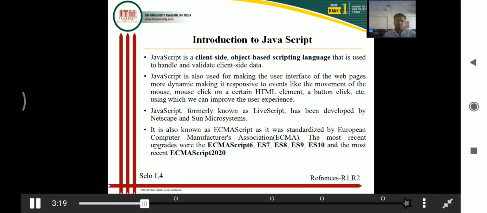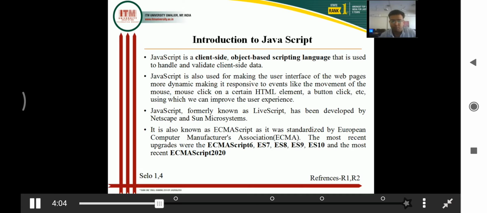Now the question comes: why do we use JavaScript? JavaScript is basically used to make your HTML pages responsive and dynamic. Many activities are performed on HTML pages, like clicking the mouse, moving the mouse, or pressing any button available on the web page. When you perform any of these activities, your client side page should be responsive. All such responses by the client side page can be included in the HTML program by the use of JavaScript.